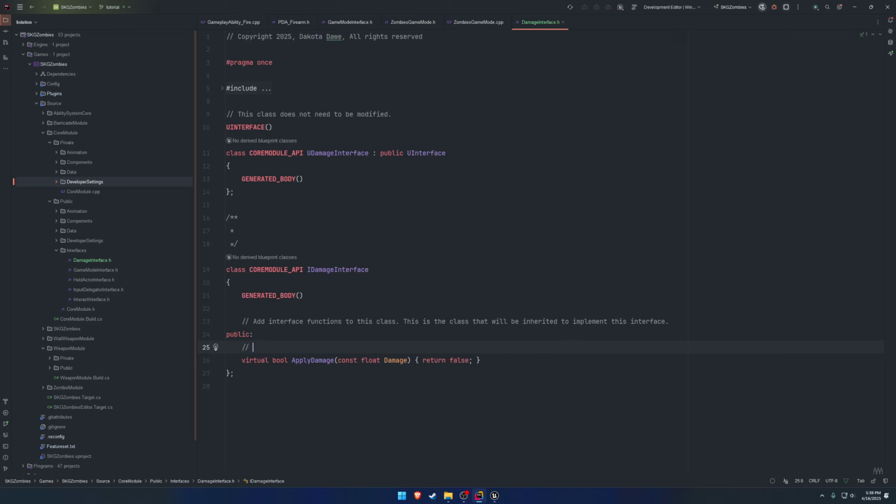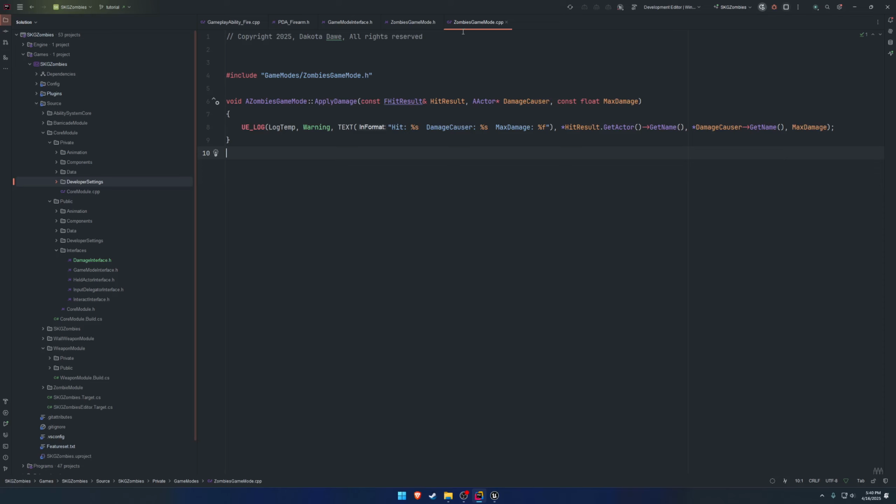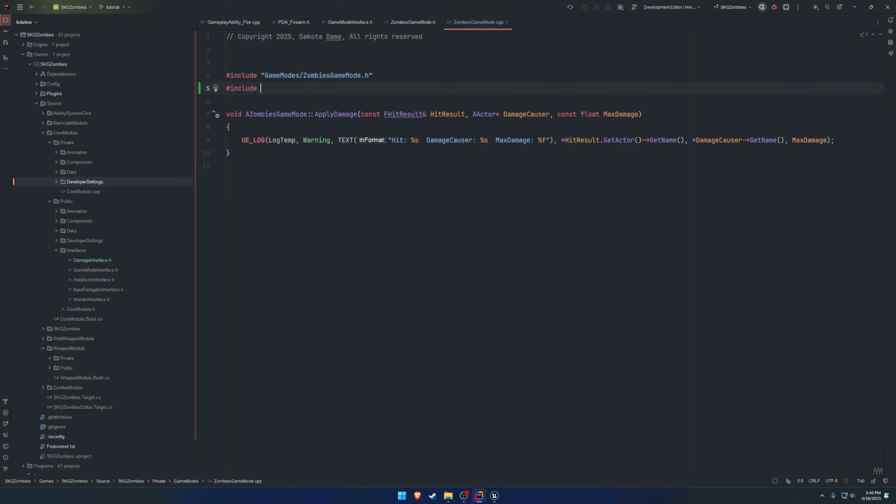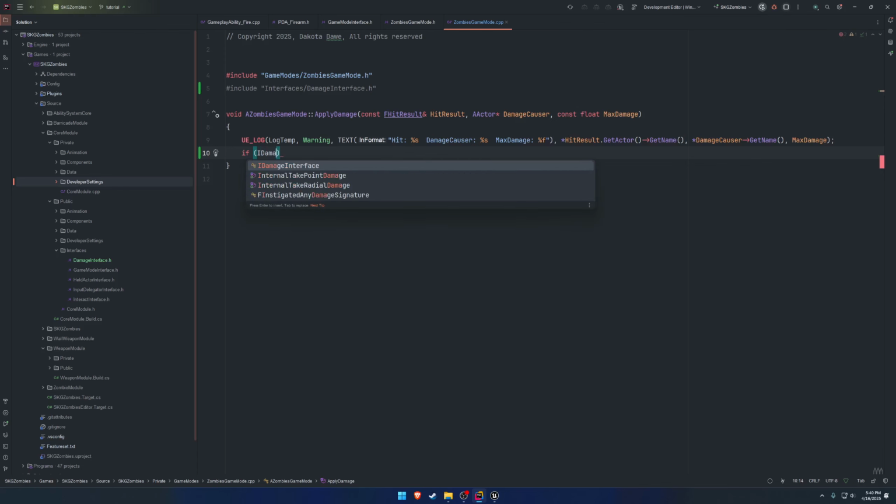So let's write with the intention of returns true if the actor implementing this interface is dead. So let's go ahead and in the zombie game mode, include interfaces, the damage interface.h, and from here we can grab the hit result. Actually, we need to cast to it. So if I damage interface is equal to cast I damage interface, and we're casting from the hit result dot get actor,